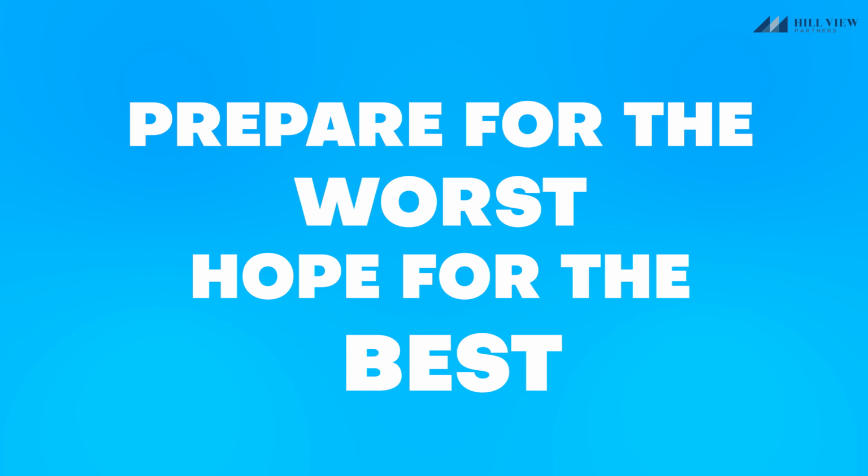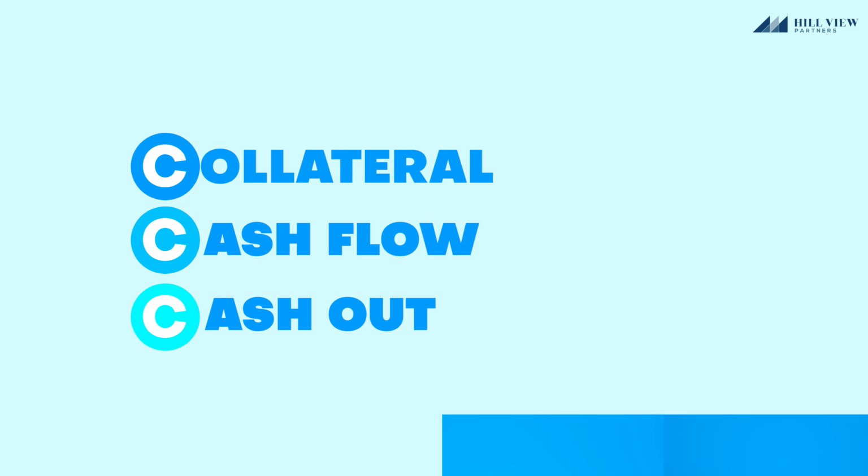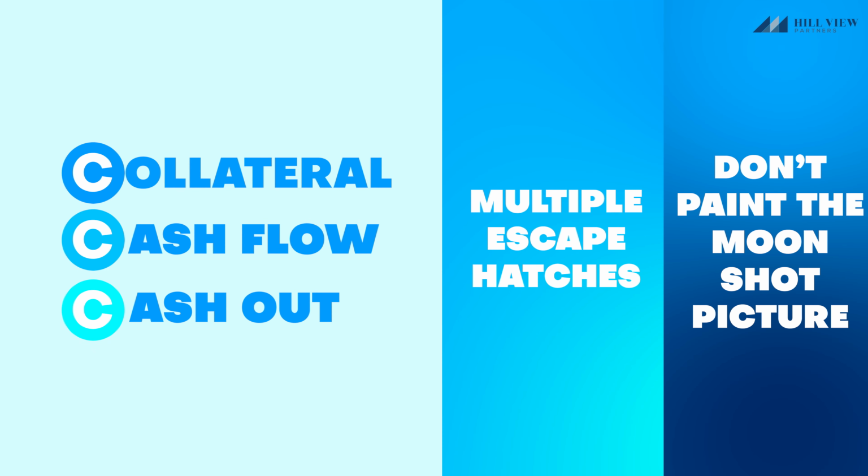Prepare for the worst, hope for the best. If you're in a lender's seat, they want to say what happens when things don't go perfect, what happens when things are ugly. And if we can still feel confident about that and instill that confidence in the capital provider, again, probability of getting the debt goes up, probability of getting good terms on the debt goes up as well. So those are the 3 C's of debt, 2 specific items we like to implement in the process that enhance our probabilities of getting what we want.